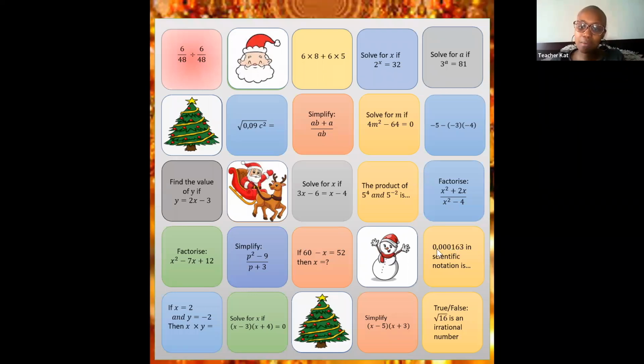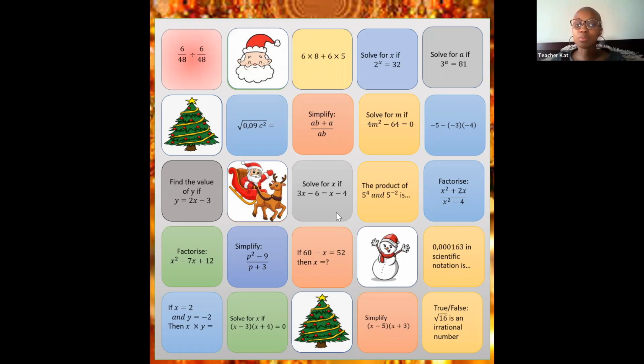How many spaces are we moving it? Let's start there. From where it is right now to next to 1. How many spaces are we moving our comma? 4 spaces. Thank you, Funzo. Thank you, Kimura. Thank you, Lwandile. So we're moving it 4 spaces, right? 1, 2, 3, 4. Now you have to think about direction. We're moving it to the right. If you're moving your comma to the right, then your answer will have a negative exponent. If you're moving your comma to the left, then your answer will have a positive exponent.